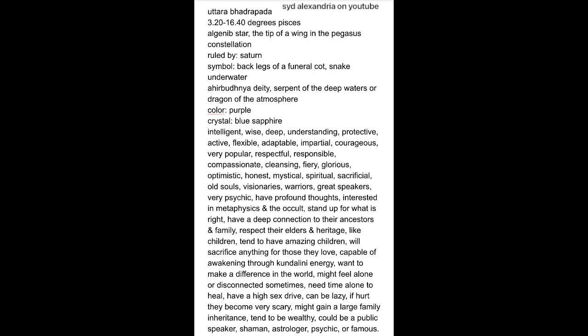Uttara Bhadrapada is from 3 degrees 20 minutes to 16 degrees 40 minutes, all within the sign of Pisces. Its star is El Janib, a star in the wing of the Pegasus constellation, and its symbol is either the back legs of a funeral cot or sometimes an underwater snake. If you want to read more about it, you can, but I'm just going to say that Uttara Bhadrapada is